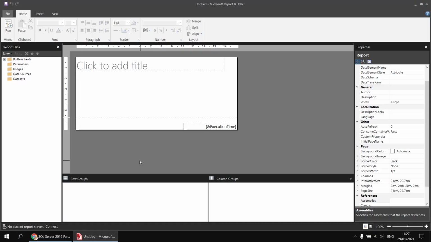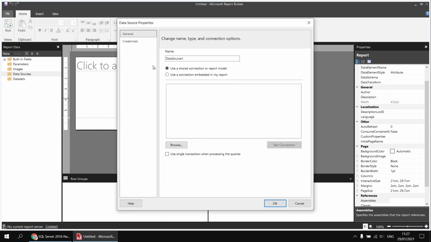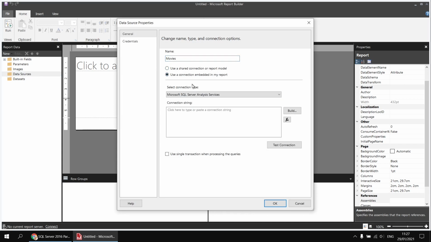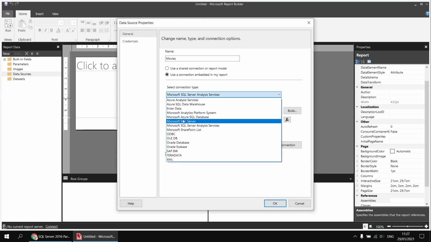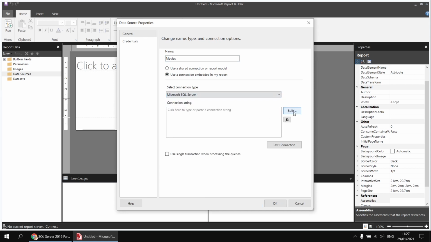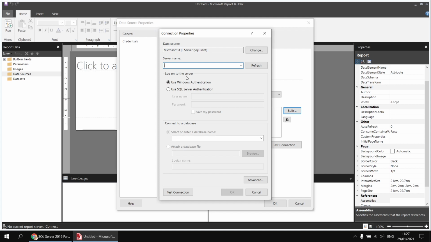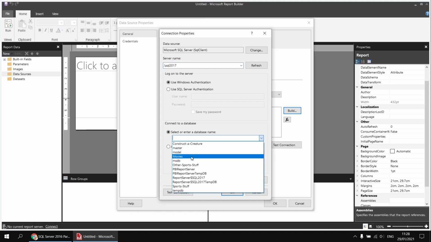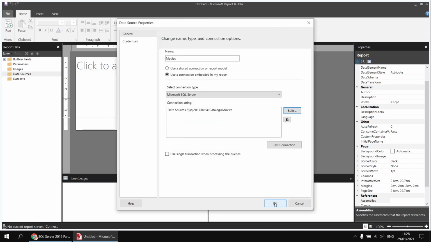The first thing I'll do in here is create a data source which connects to that database. So I can right click on my data sources folder and choose Add Data Source. I'll call this Movies, as I usually do, use an embedded connection pointing to a Microsoft SQL Server, and then I can click the Build button to build the connection string. I'll type in a shortcut to my local host, // and then the name of my instance of SQL Server, which is SQL 2017. I can then select my movies database from the drop-down list and then click OK,